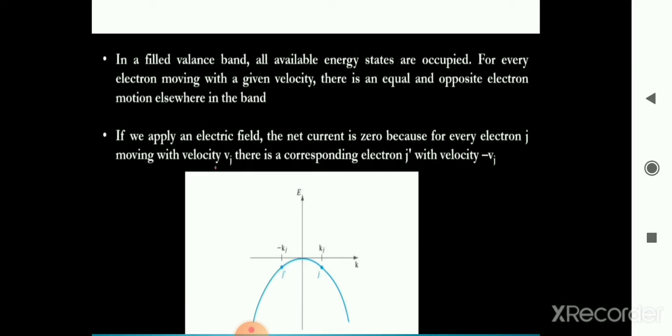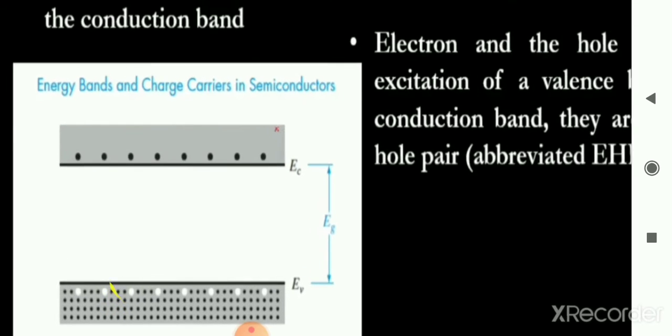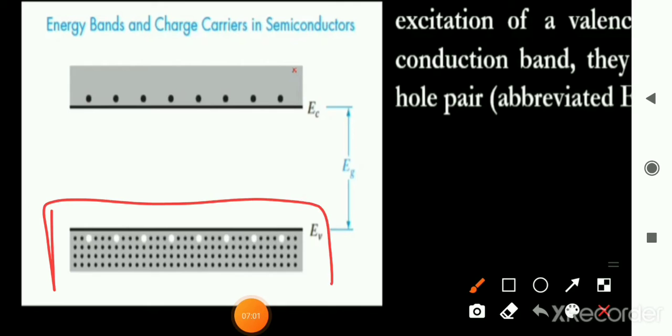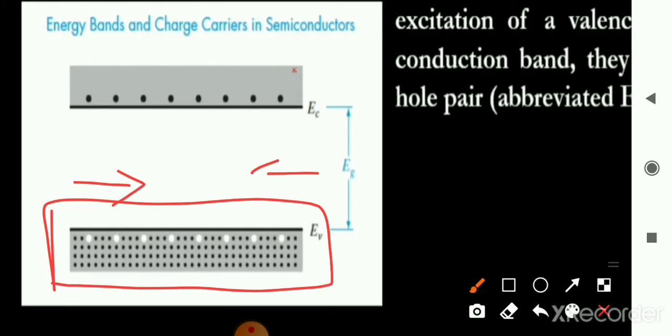So still in a valence band we have holes as well as electrons present, so they can recombine. So recombination of electrons and holes will take place in the valence band. At one time the electron may move in this direction, or at the same time the electron may move in this particular direction. For that reason the electricity produced by this valence band will be 0. That is explained with the help of this graph.